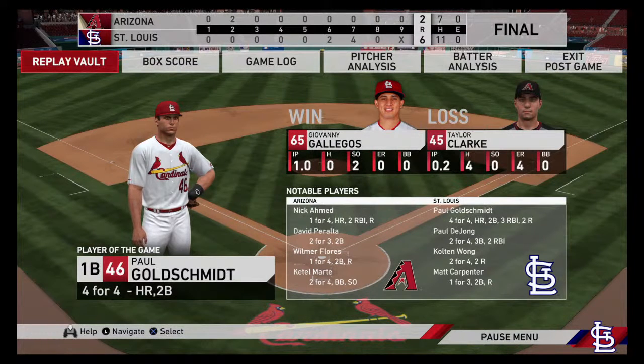Line score this afternoon. First for the victorious St. Louis Cardinals,